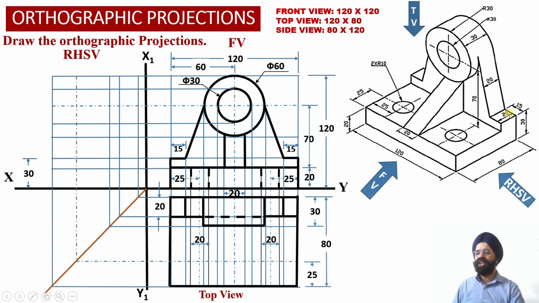So since these two stepped portions happen to be parallel to the horizontal plane, we are able to obtain true shape projections into the top view projections, corresponding to the right hand side stepped portion and corresponding to the left hand side stepped portion over here into the top view projections, whereas